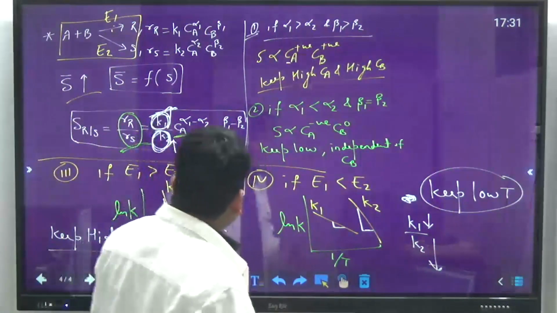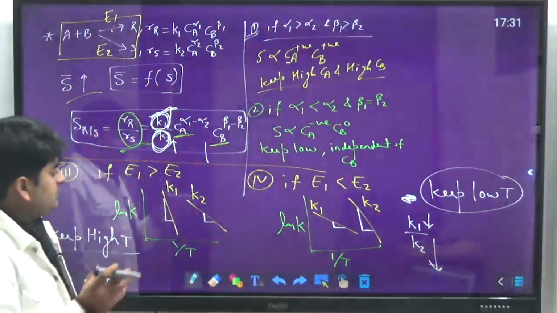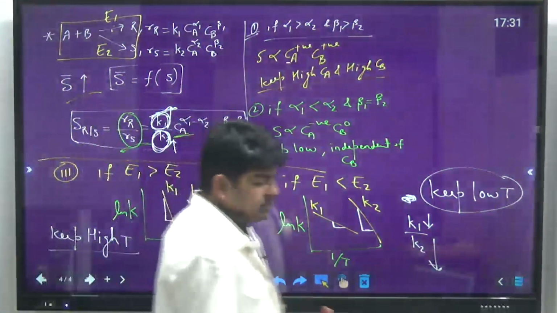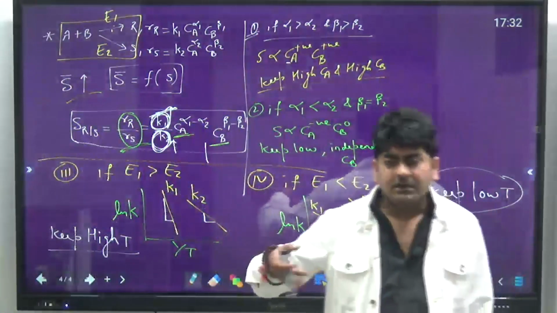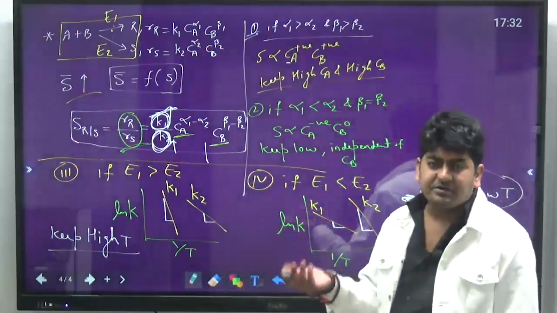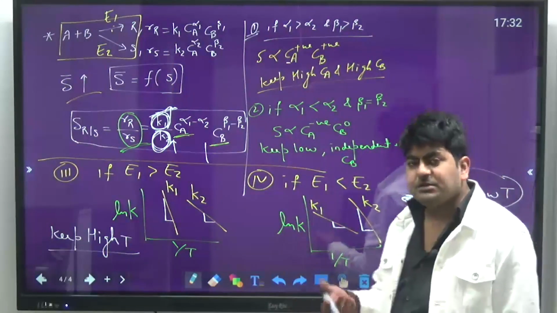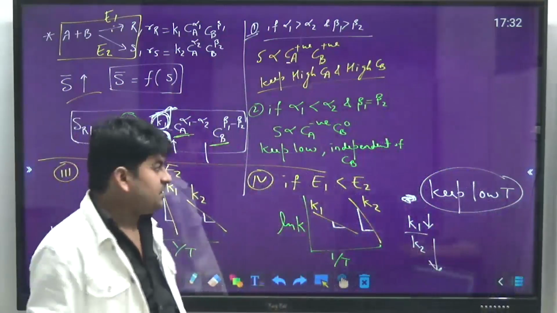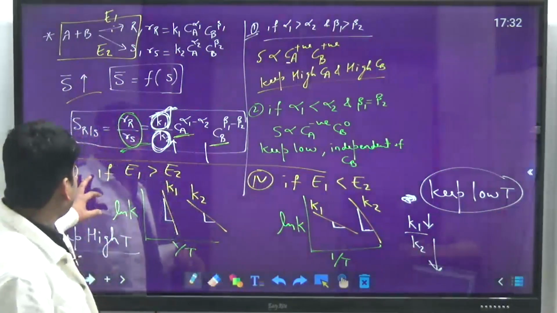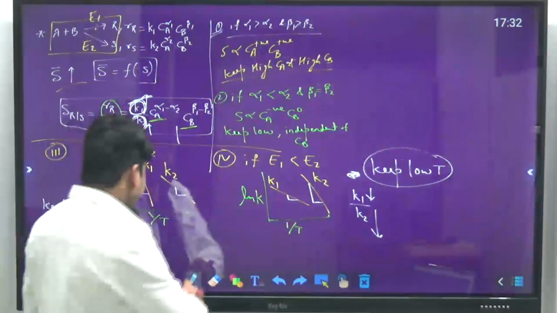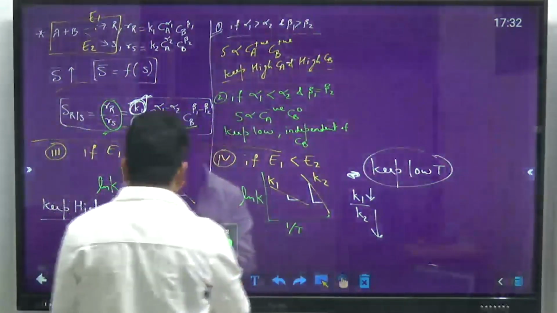So this is about the selectivity part. Now, based on temperature and concentration, we will see how to increase and decrease the temperature. You know that to increase temperature, supply heat. For that you can use steam in the reactor jackets. To decrease the temperature, you can use cooling water in the reactor jackets. Simple. But what about the concentration? If I want to keep high or low concentration within the reactor, then